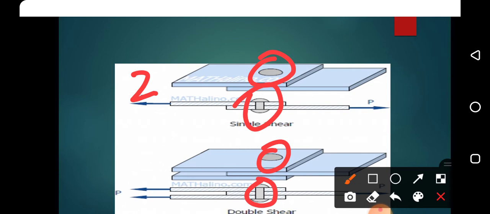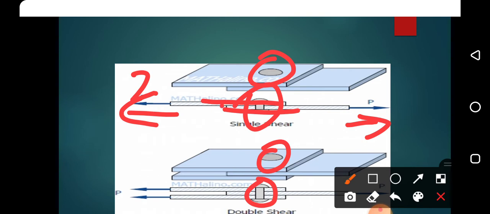The pushing force is not acting axially. The load acting on the plates is not axial, so it is tangential to the surface of the two plates. It is rubbing, so it is called the shear force. It gets sheared. In the three-plate case also it is the same thing: two plates are pulling, and it is not an axial force.